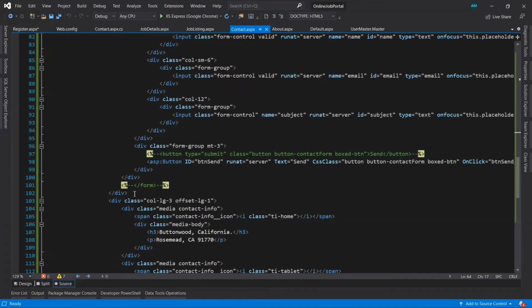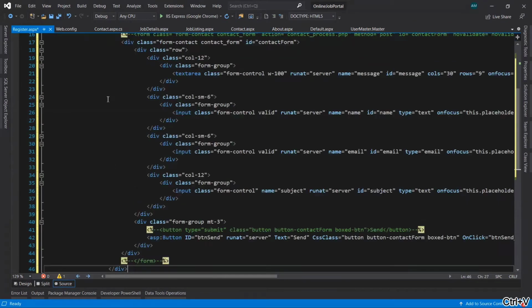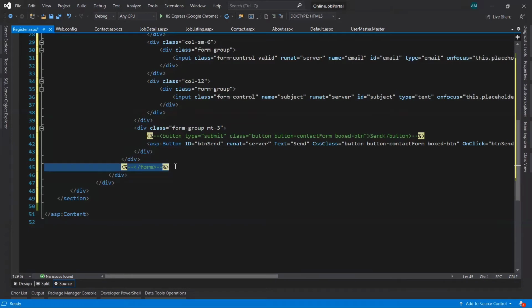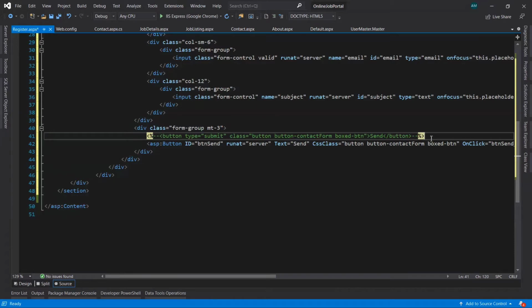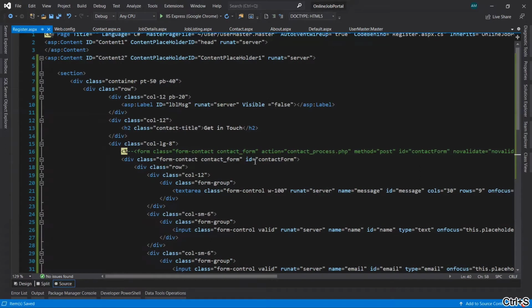Select from there till here, copy it, paste it here, then we need to close one more div tag. Remove this comment from the tag and remove this also. Remove this comment.